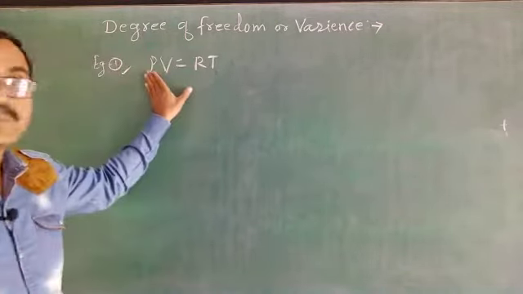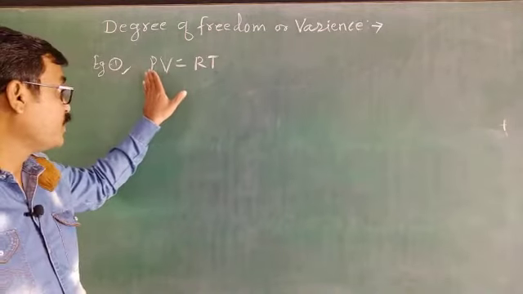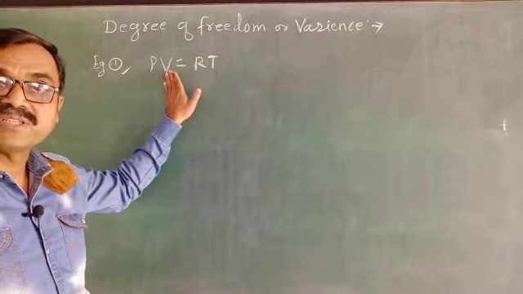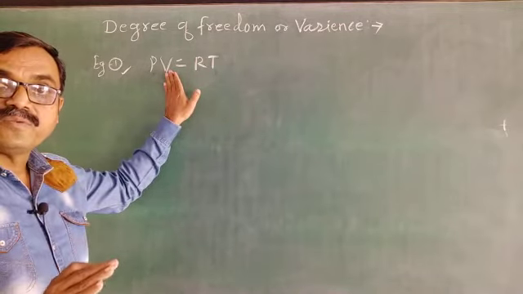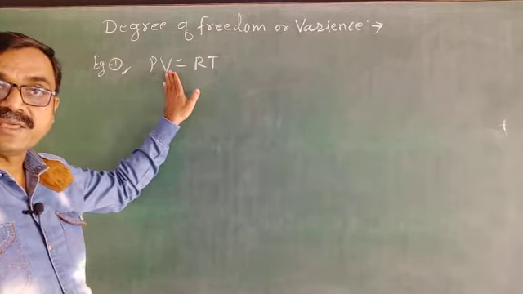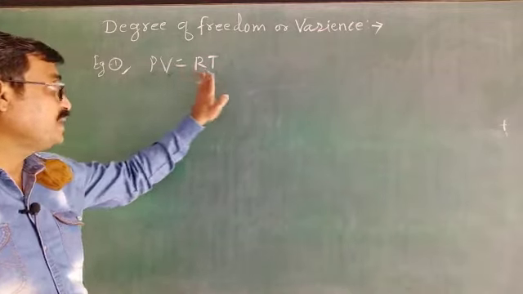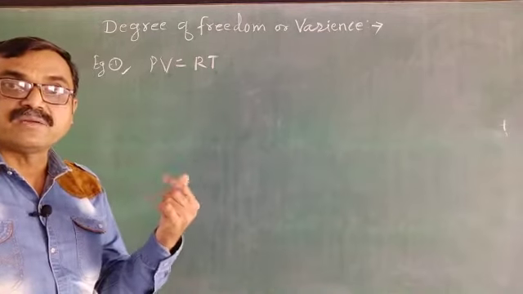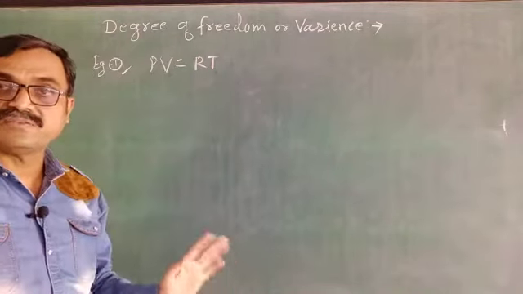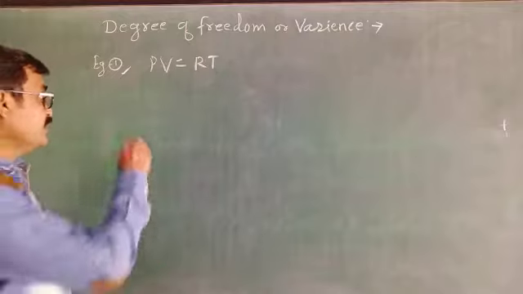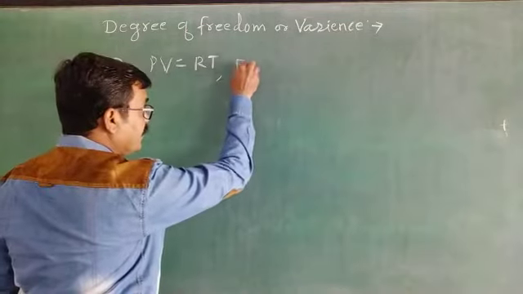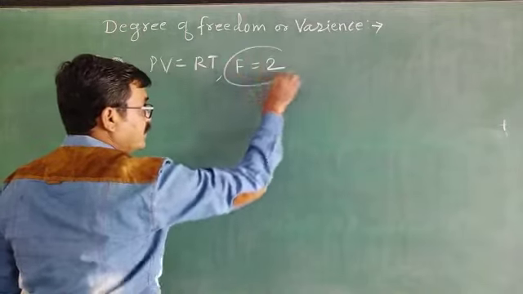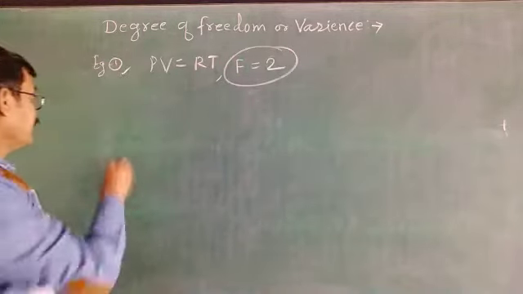मतलब ये गैसियस सिस्टम को आपको एक्सप्लेन करना है तो आपको प्रेशर और टेम्परेचर पता है तो वॉल्यूम ऑटोमेटिकली फिक्स हो जाता है, वो उसकी वैल्यू पता होने की जरूरत नहीं है. That's why if you know P and T, means two variables, then the third variable, that is volume, gets automatically fixed. That's why here in this case degree of freedom F is equal to 2. This is the first example.